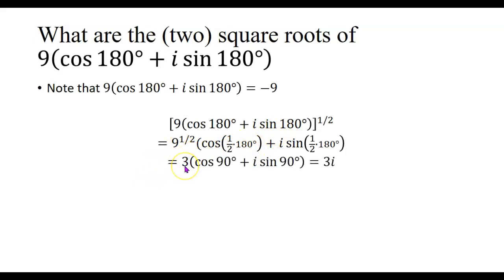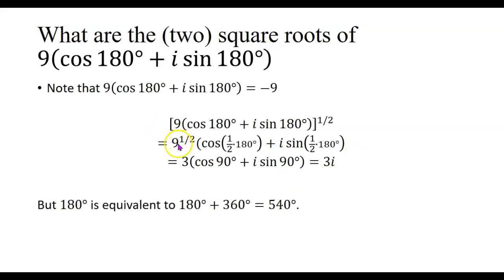Well, 9 to the 1/2 power is 3. 1/2 of 180 degrees is 90 degrees. So we end up with 3 times the cosine of 90 degrees, which is 0, plus i times the sine of 90 degrees, which is 1. So 3 times 0 plus i times 1, that's 3i. Okay, makes sense. But what about the -3i? Well,